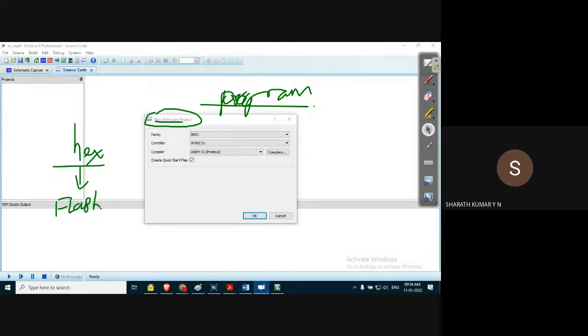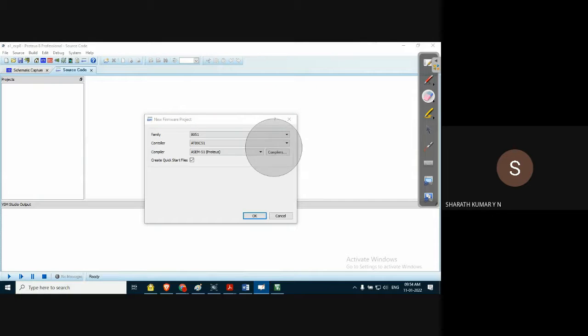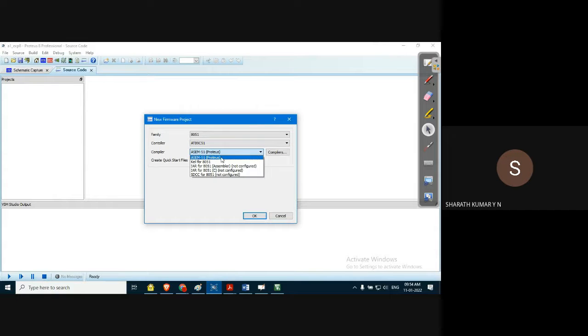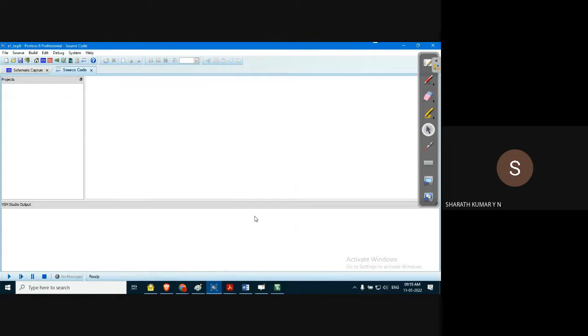So that's why it calls it a firmware project. In this there are multiple options. Details show the 8051 microcontroller, what we have selected. Compiler: here we can go for a default compiler, or we can go for the Keil for 8051 compiler. Select this and click OK.